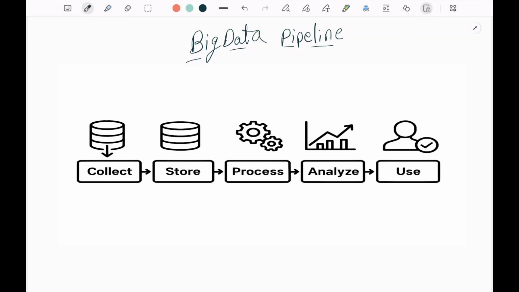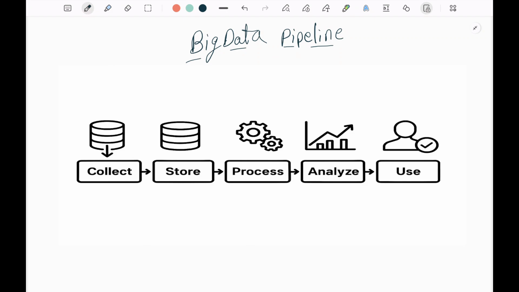Then, after storing, we go for cleaning the data. This is a very important step before processing the data because bad data can destroy your results. The raw data can contain duplicates or null values or errors. So, we need to remove the duplicates, fix missing values or nulls, and correct the errors before pushing into the process.